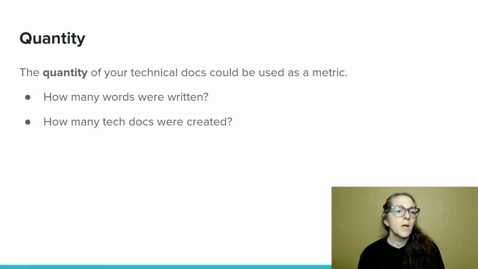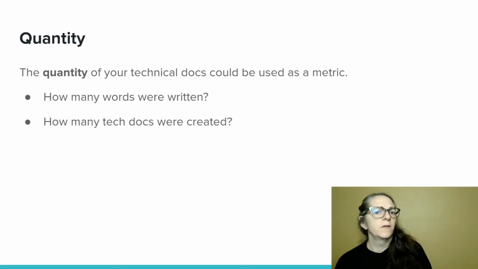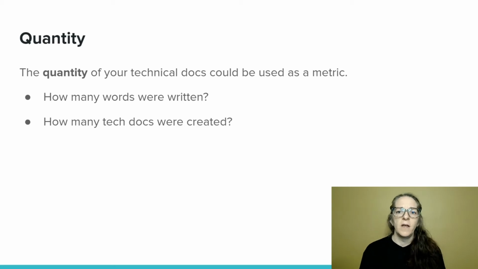So you can also look at quantity, which would be kind of the number of words written and the number of docs created. We can pretty universally agree that an increased amount of documentation can make an impression when we're trying to prove our value to others, but more documentation does not necessarily equal better documentation. So a quantity goal may not reflect the true state of your docs. It can be difficult to meet, if you encounter any sort of situation that needs more research or you have a blocker from outside that you can't control.